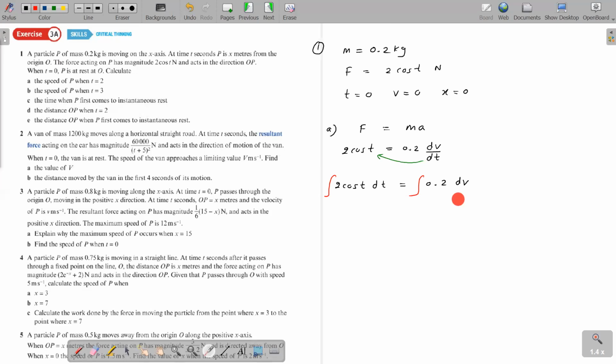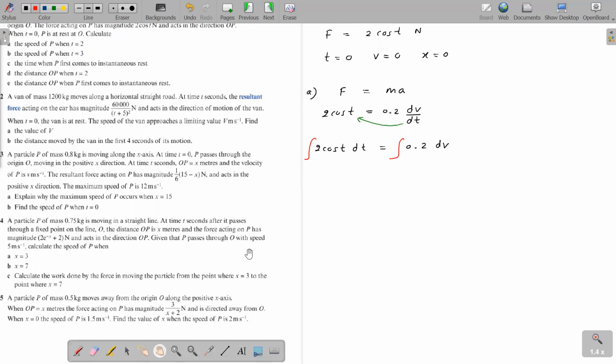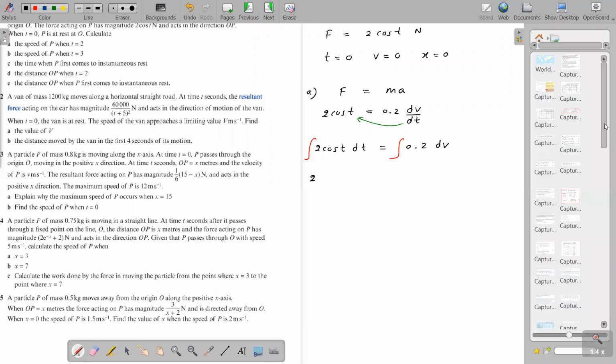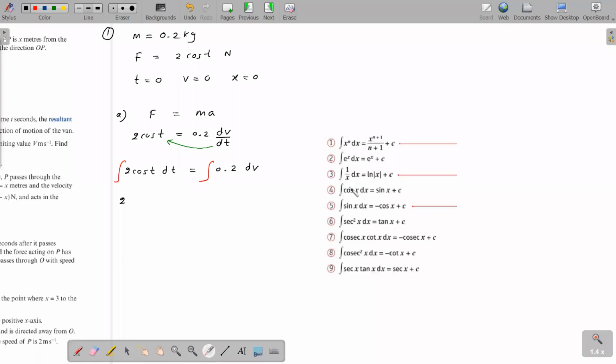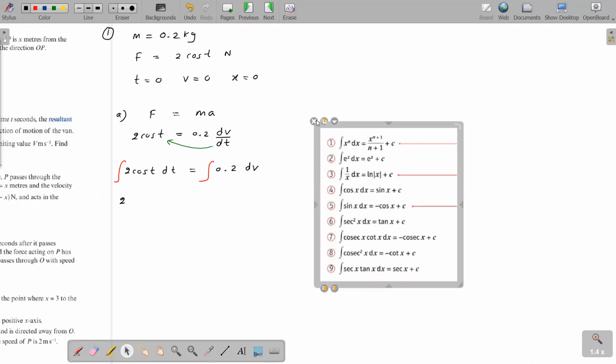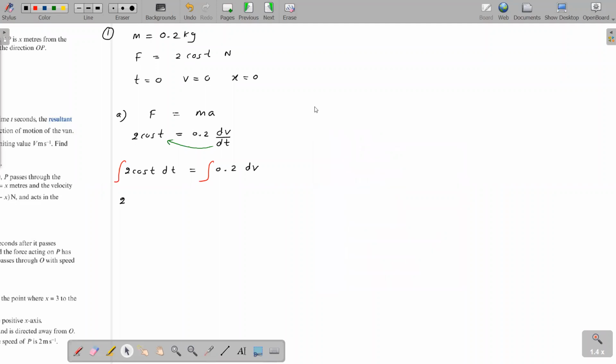And now it's time to go through the P3, P4 integration rules. Do you know the integration? What is the integration of cos? 2 times cos integration is? Okay, so cos t integration is sin t. If cos x integration is sin x, cos t integration should be sin t. So 2 times sin t equals